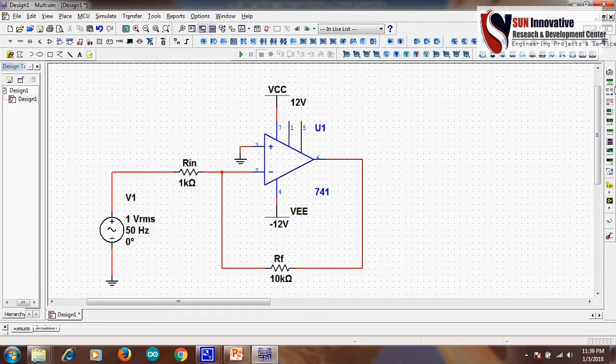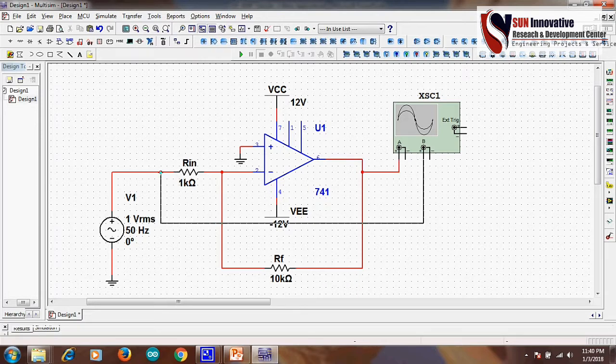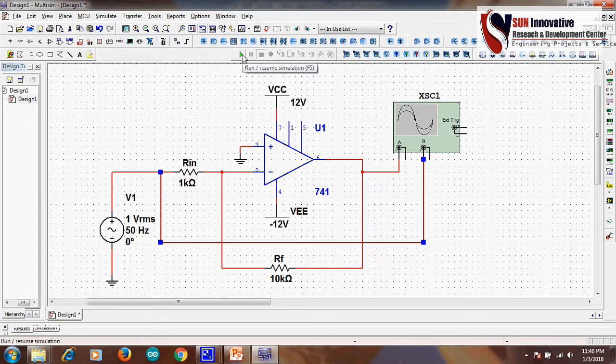Now on the right hand side you can find the oscilloscope. This is the symbol of the oscilloscope. You can connect channel A with the output voltage and channel B with the input voltage, so you can compare both the input and output voltage in the same window. Now running the simulation,